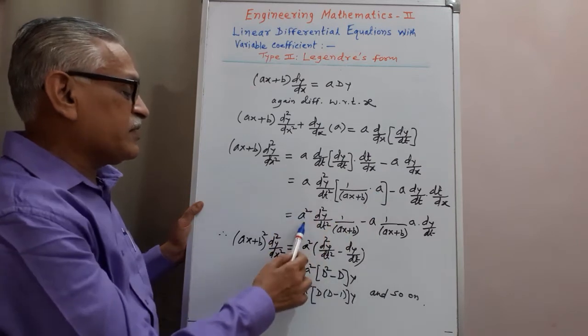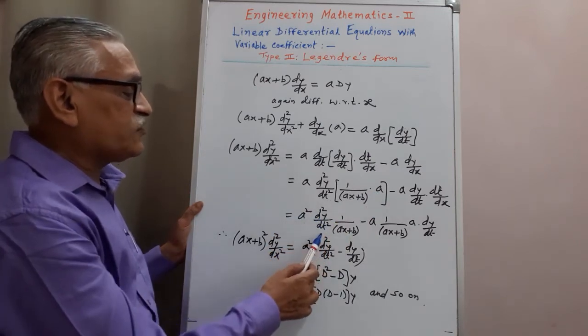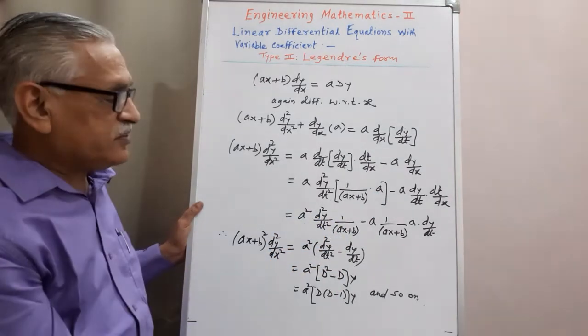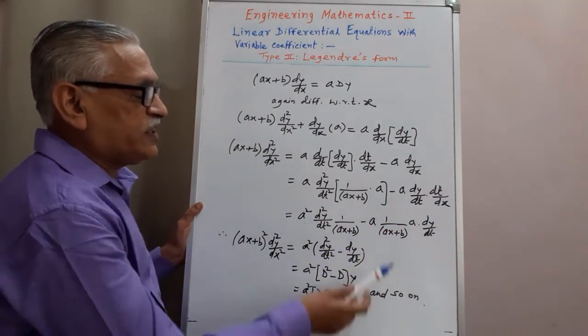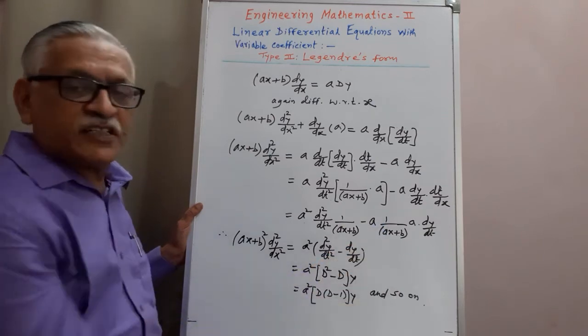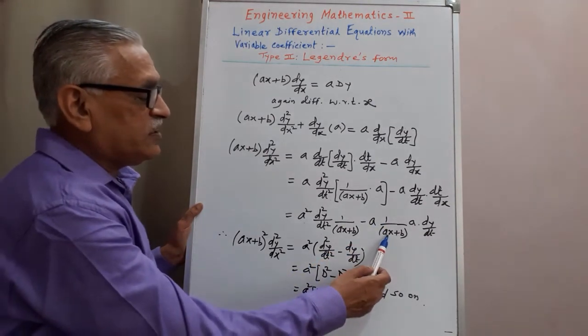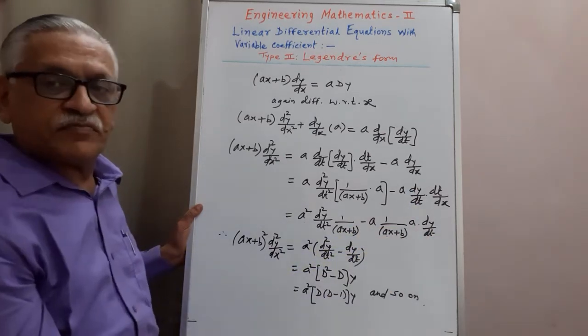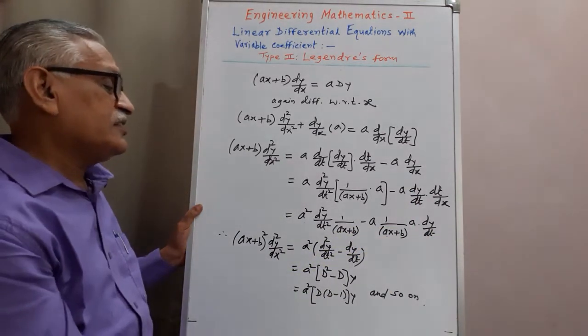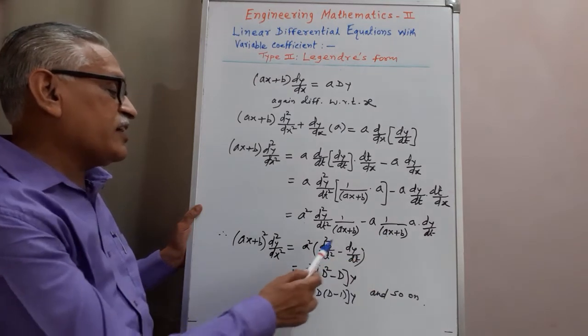This a and a will become a^2 d2y/dt^2 times 1 upon ax+b. Differentiating t with respect to x, we get its derivative as 1 upon ax+b by the chain rule, times a into dy/dt as it is. Then cross multiplying by ax+b,